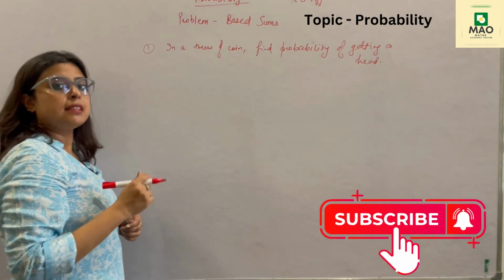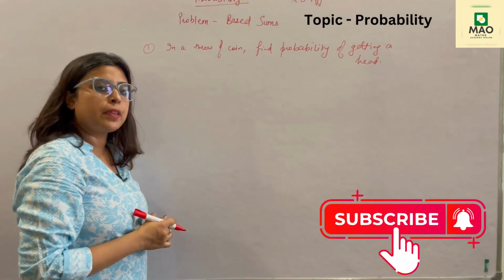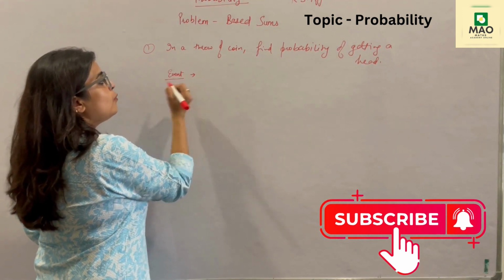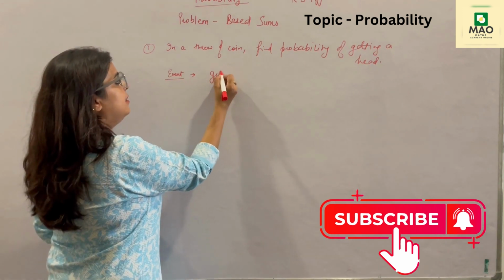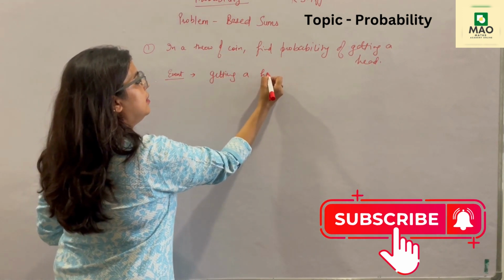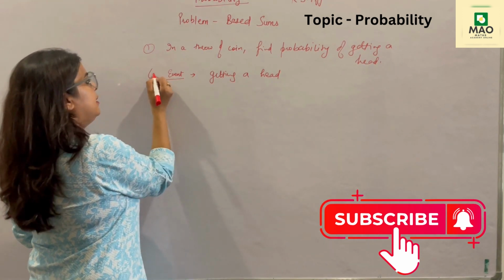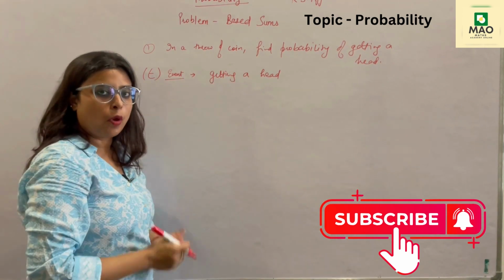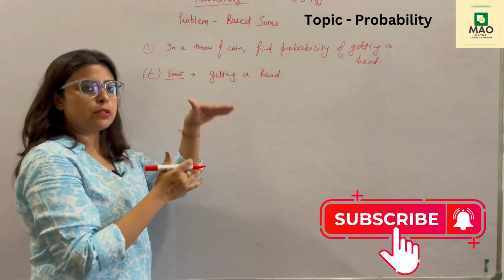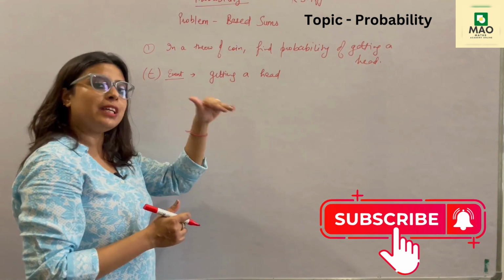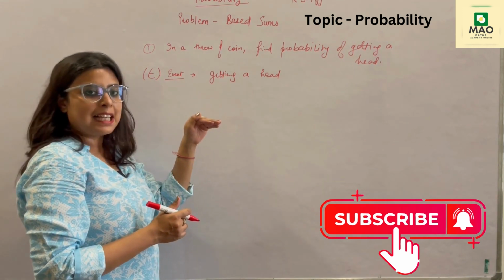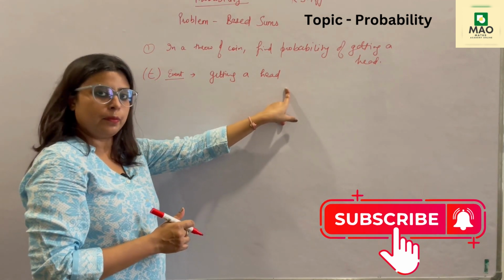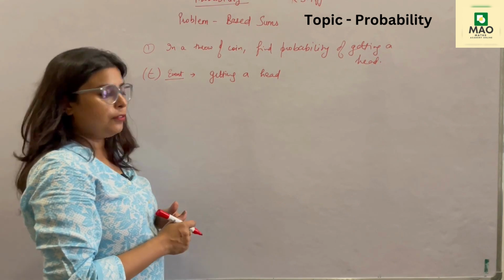Before starting with the sum, let's discuss the formula of finding a probability. So I have earlier discussed what events are. So here what is the event? Event is getting a head. So let E stand for this event, getting a head. Whenever we are going to start a sum of probability, we always start from the event word. We ignore anything else and just start with the event word. And what is the event here? Getting a head.